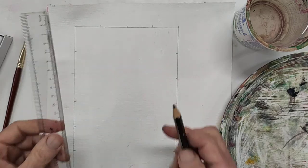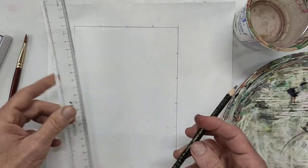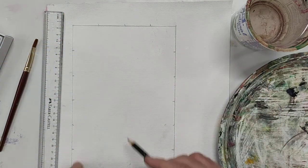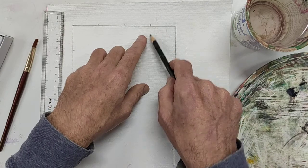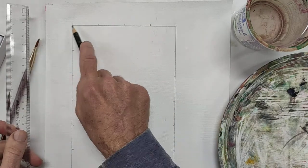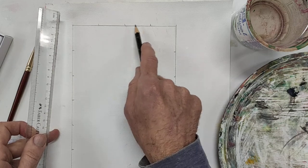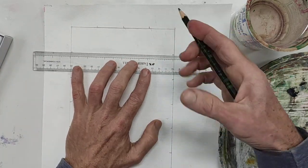All right, so what I have done here, of course, you'll also need a pencil and a scale, a ruler. And I have marked off a rectangle. It is 6 inches by 9 inches. So the goal is to make squares of 1.5 inch in height and width. And so I've put these marks here along every 1.5 inches, right? So this will give me 6 rows